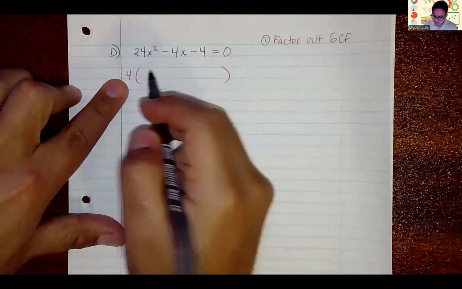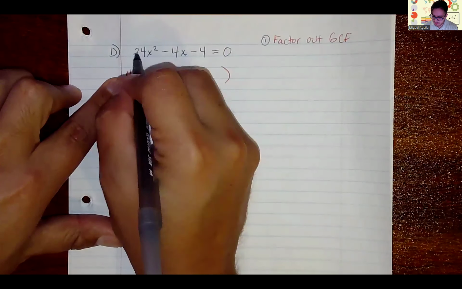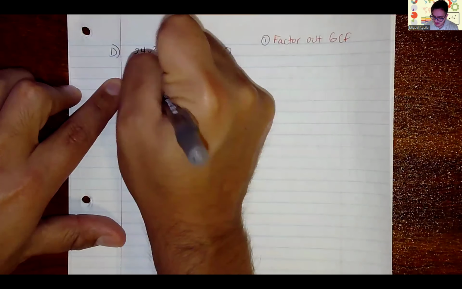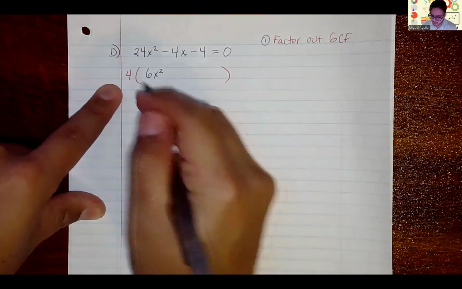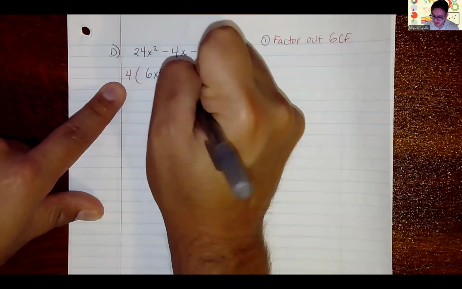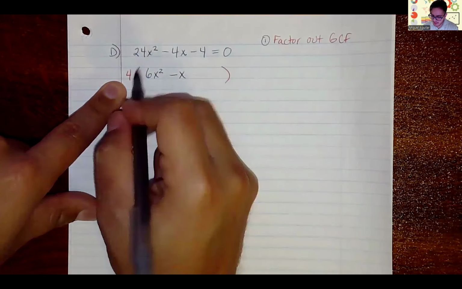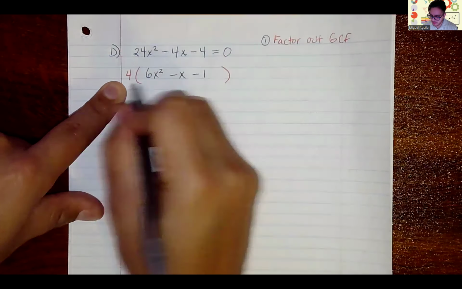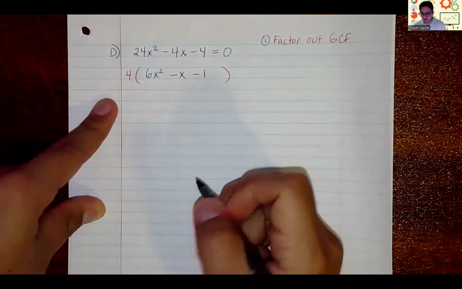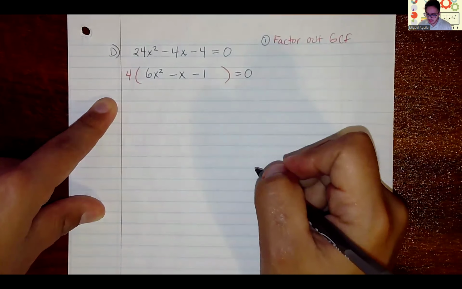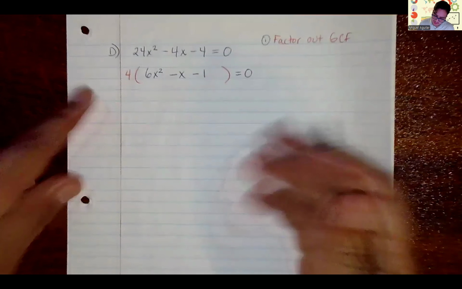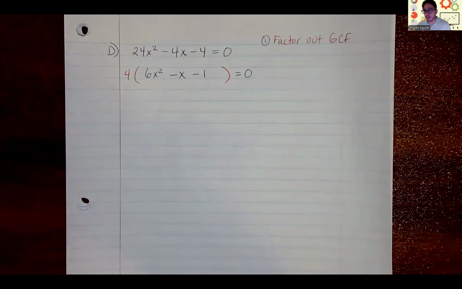And if I divide that 4 out, then 4 times 6x squared would give us the 24x squared back. 4 times negative x would give us the negative 4x. And then 4 times -1 would give us the -4 back. Okay, so all that's equal to 0 now. As we saw in the previous video when we were learning about the AC method or different factoring